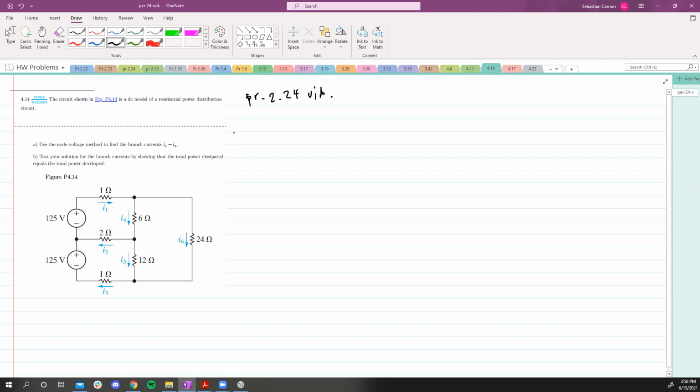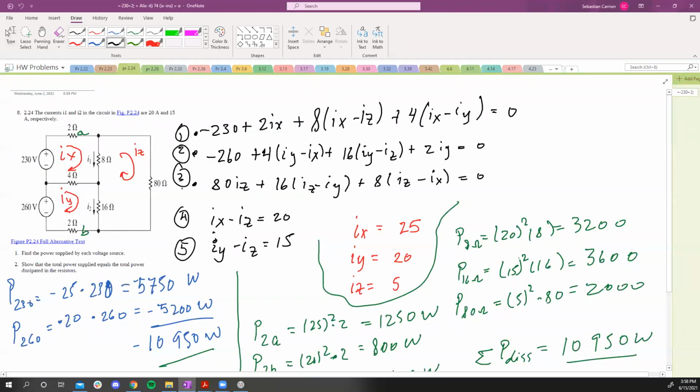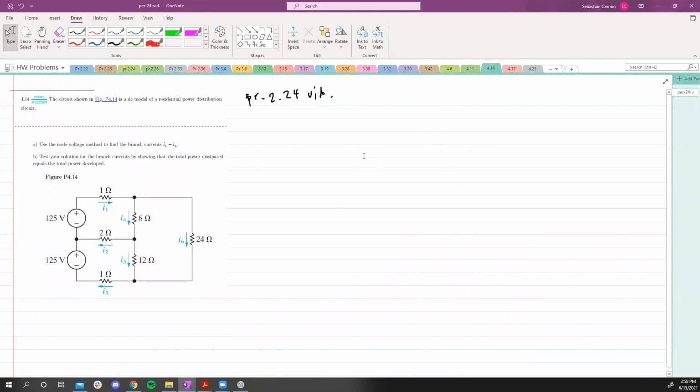Cool. So I did a very similar problem to this, 2.24. I solved it using mesh analysis. So let's go back here. I'm gonna use the universal method for this problem. So yeah, I'm gonna call